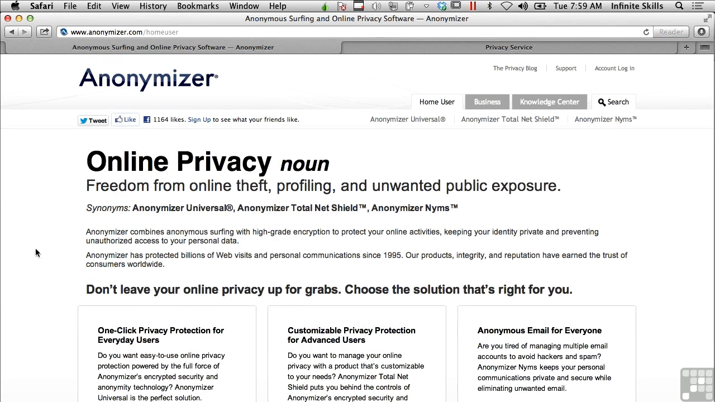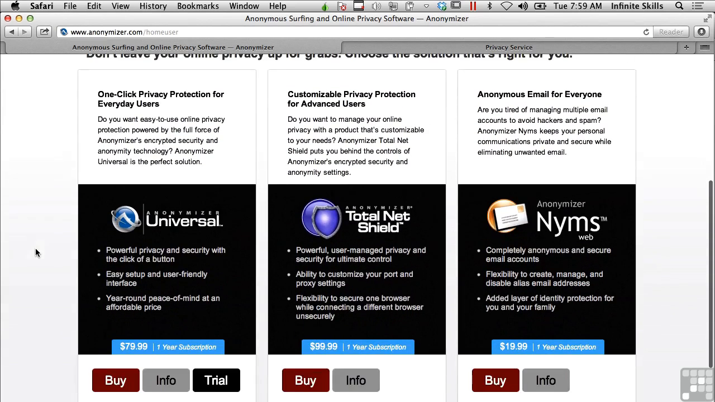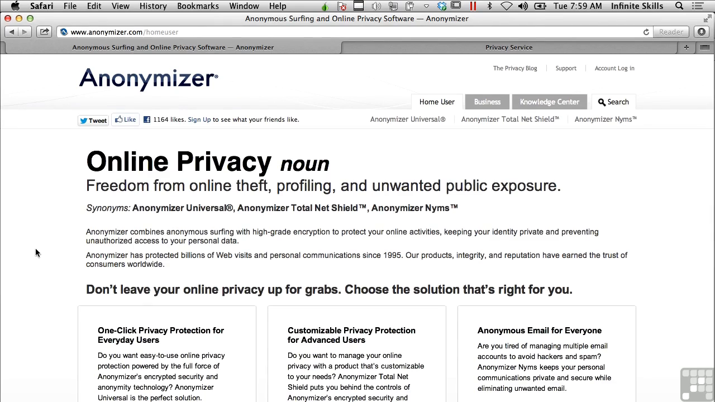Another anonymizer is this one at anonymizer.com. They have services for businesses as well as for home users, and you can see here that these are pay-for services as well. While you may be able to find a lot of different anonymizers, you probably want to be a little bit careful about the types that you connect to